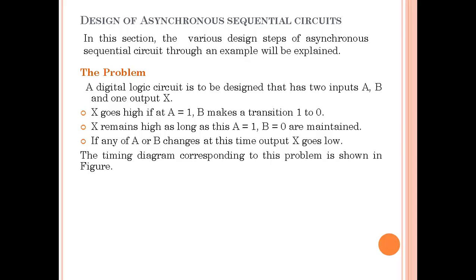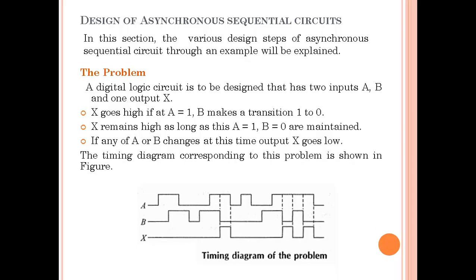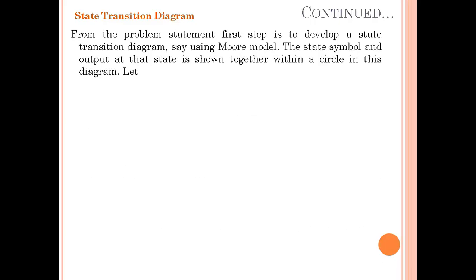The timing diagram corresponding to this problem is shown in the figure here. If you see, when A is high and B is going from 1 to 0, the output becomes high. The first step is to develop the state transition diagram. From the problem statement,